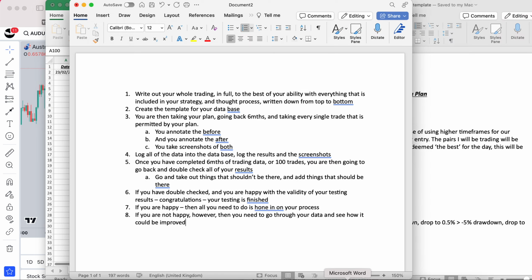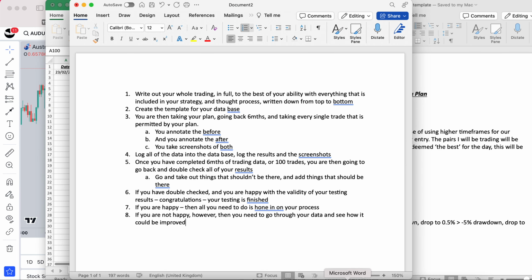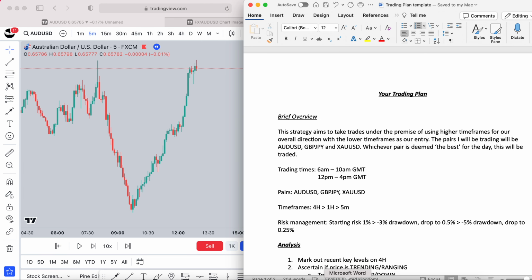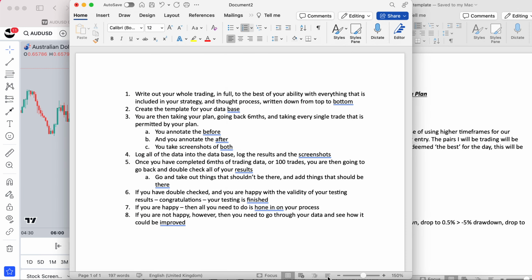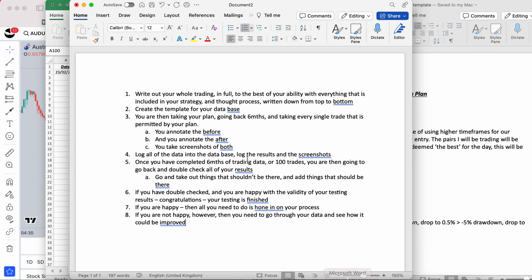Let's just run it through one more time, okay? Write out your trading plan in full to the best of your ability. Create the template for your database, okay? This is your database right here. Then you go here and take all of your trades that your plan is telling you to take. Once you've done that, you log all of the data from every trade that you've taken with the before and after screenshot. Then once you've finished 6 months of trading data or 100 trades,